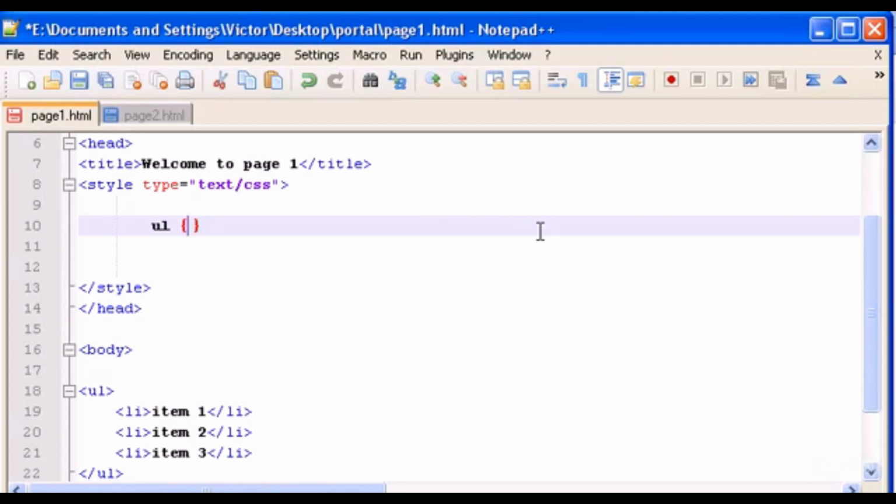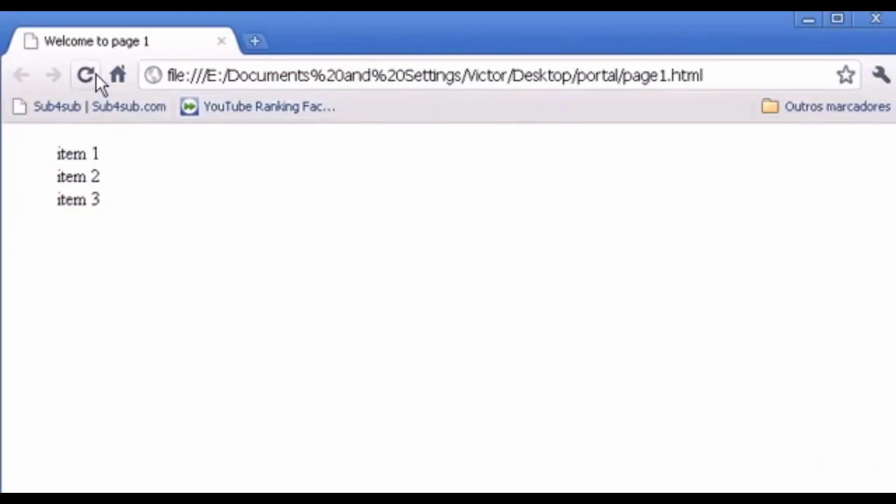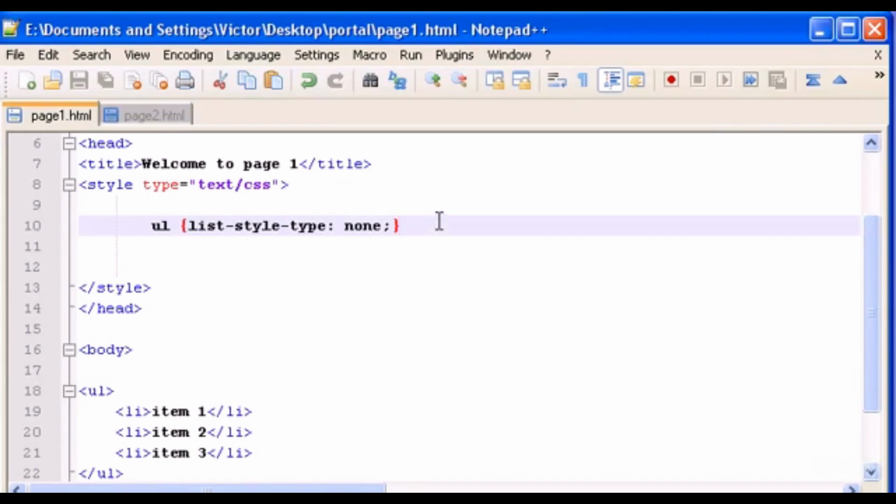We can also, instead of using dots or squares or whatever, say I don't want anything. So we have to type list-style-type none. Okay, we type the word none. I don't want any list style type. Let's refresh, and there it is. You only have the words, and we have no dots or squares or whatever. Okay,